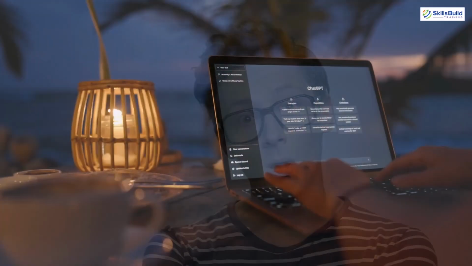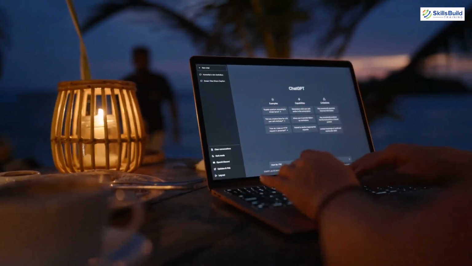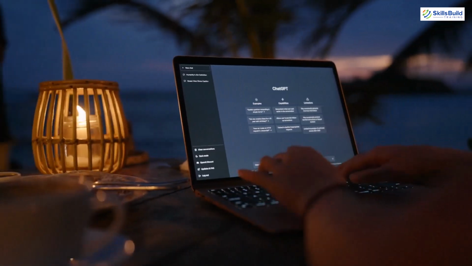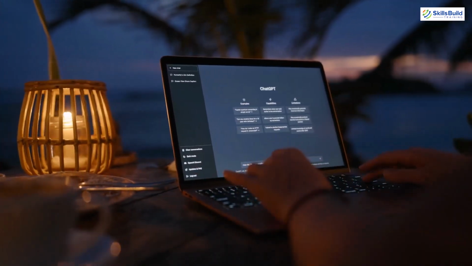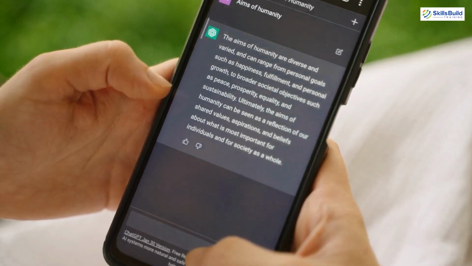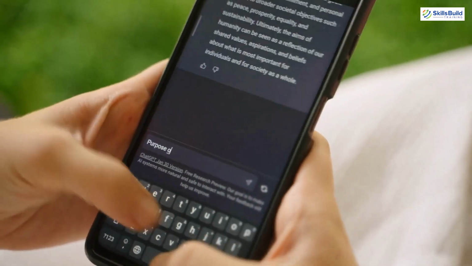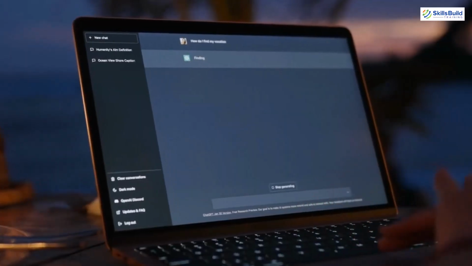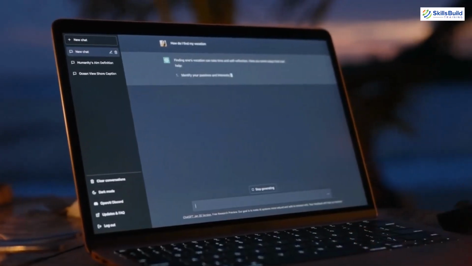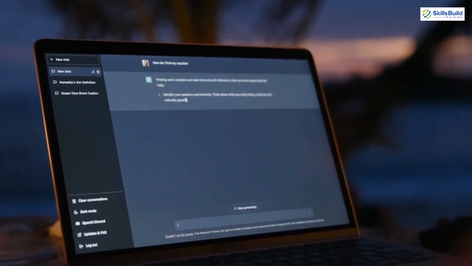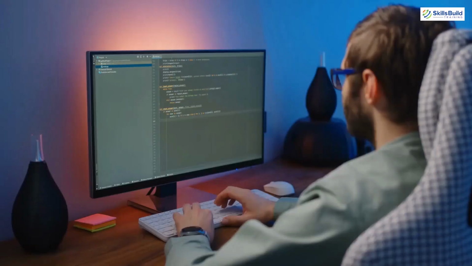Well, those of you who do not know what ChatGPT is, it's an AI-based tool that interacts with us in a conversational way. You can ask anything to it and it will respond back in a conversational way, or you can understand it like you are talking to some person. But in this case, there will be a machine answering all of your queries. So we'll see how we can use this particular AI-based tool to learn Python.